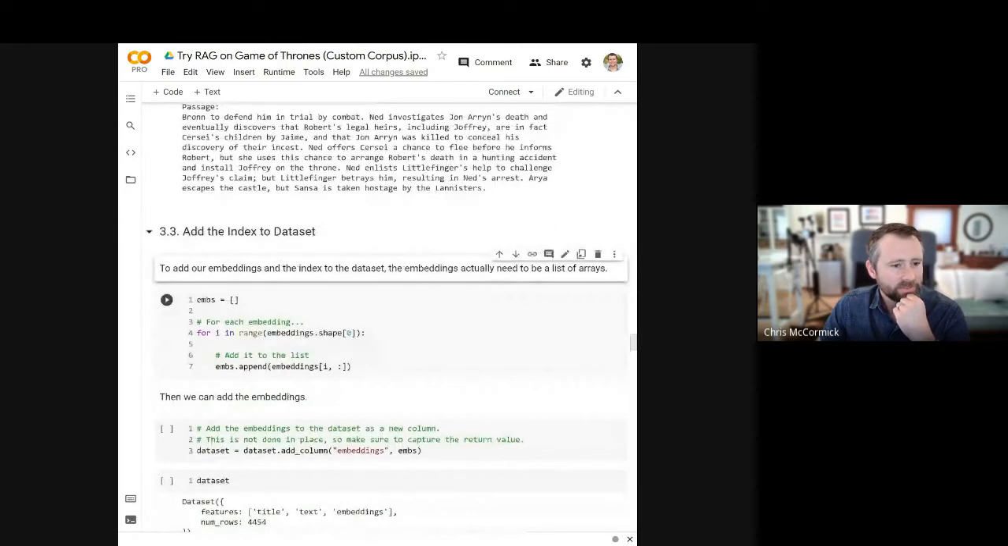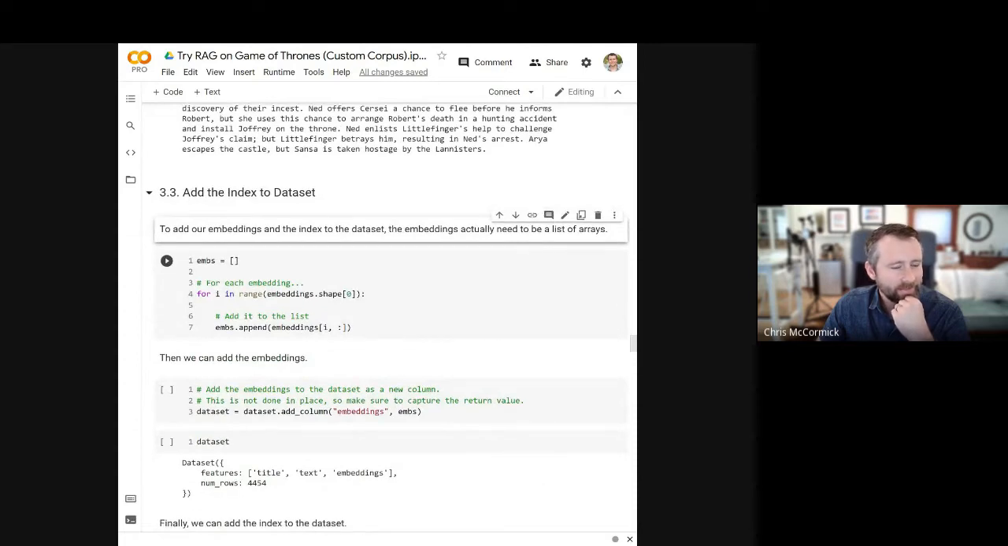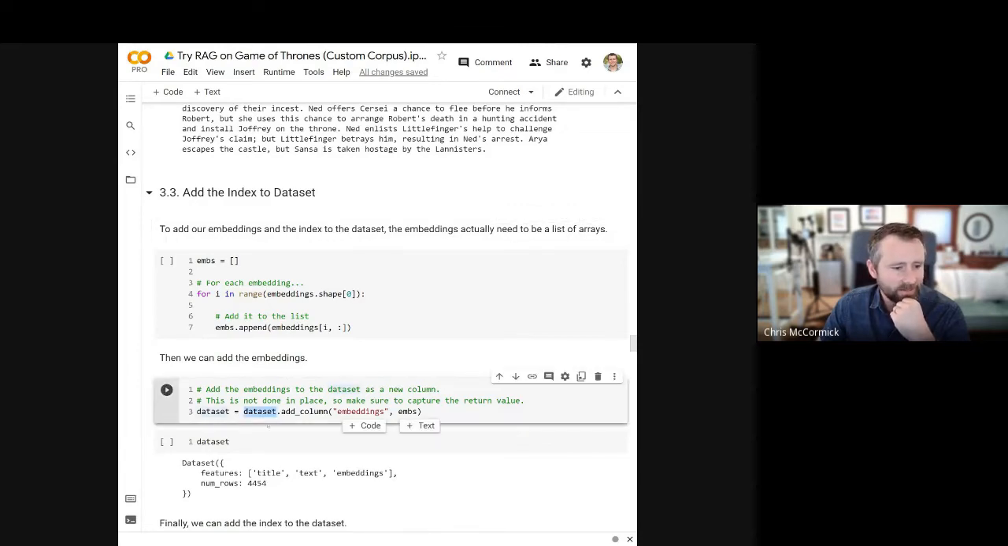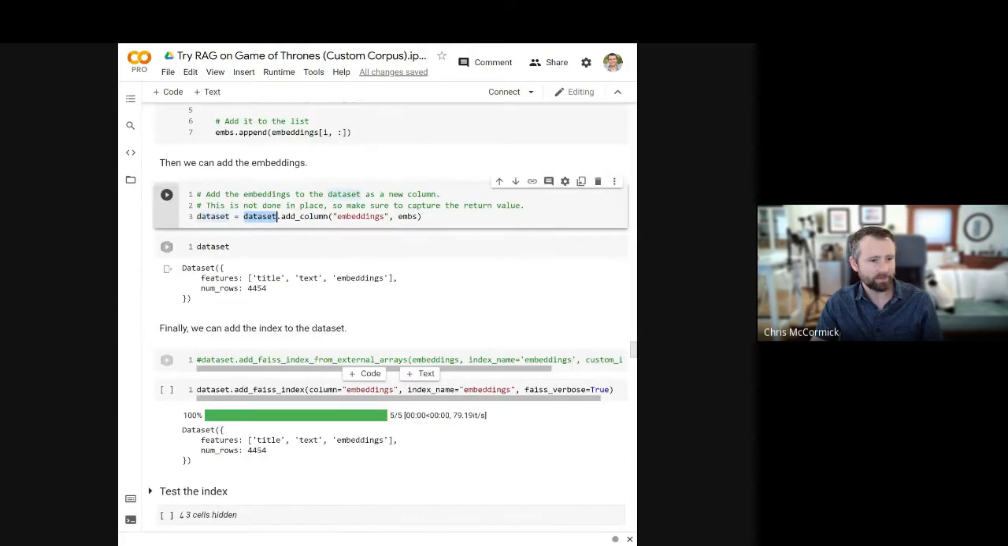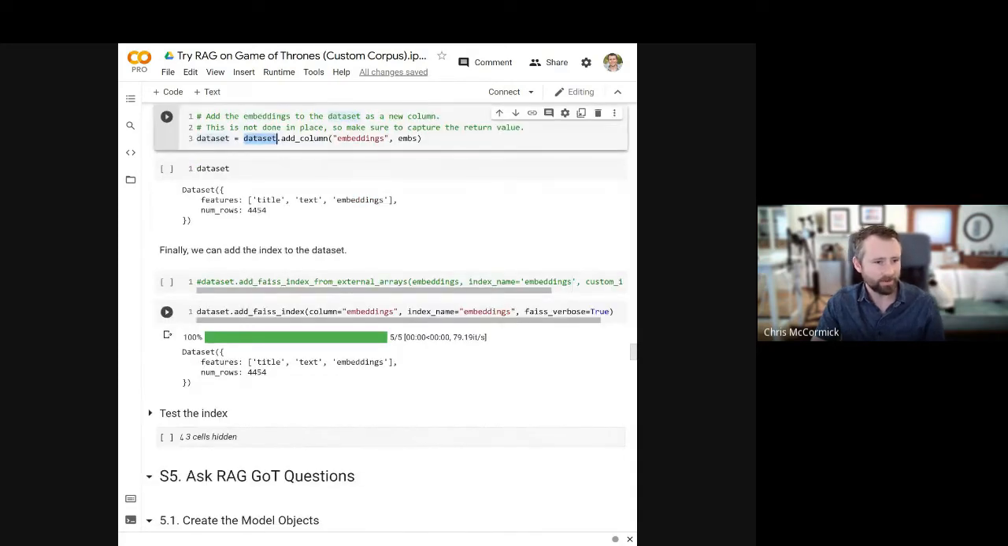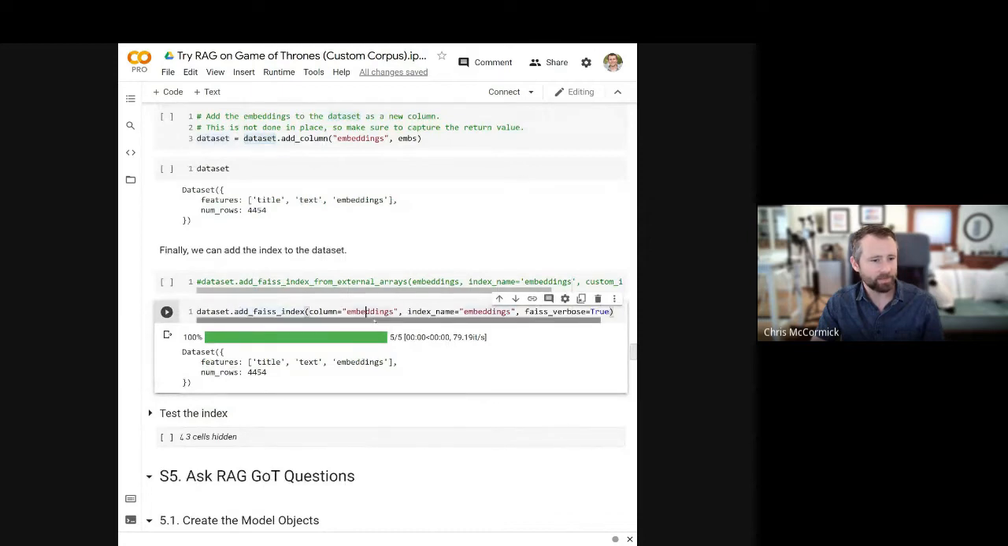All right. So once you've got the index, you've got to add the embeddings and the index to this Hugging Face datasets object. And that was kind of tricky. I had a tough time figuring out how to do that properly, but I think I've got it. First, you need to add the embeddings to the dataset. So now we've got title, text, and embeddings. And then you call add faiss index, specify the column where the actual data is, what you want the index to be called, and